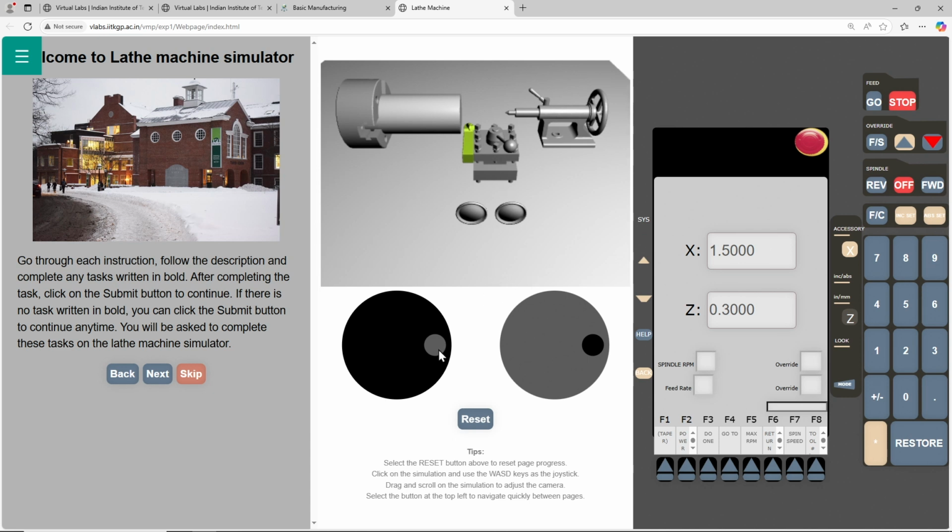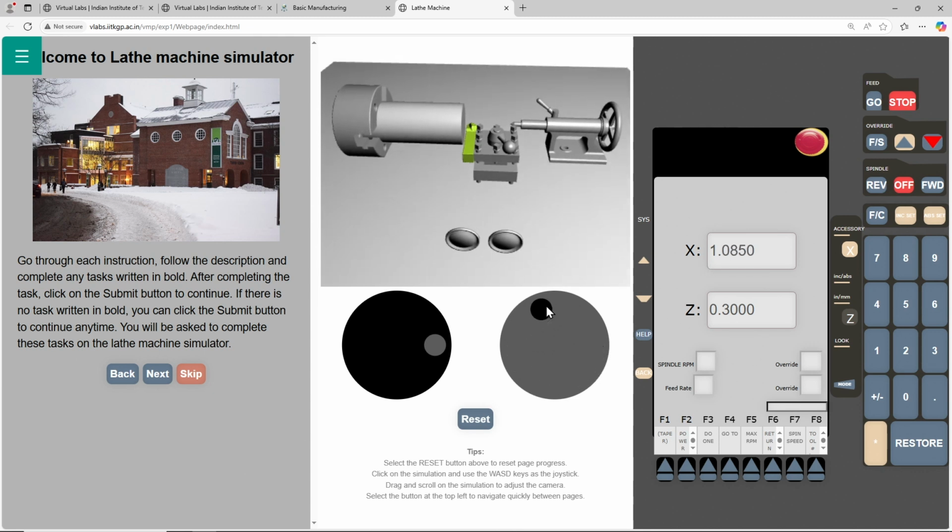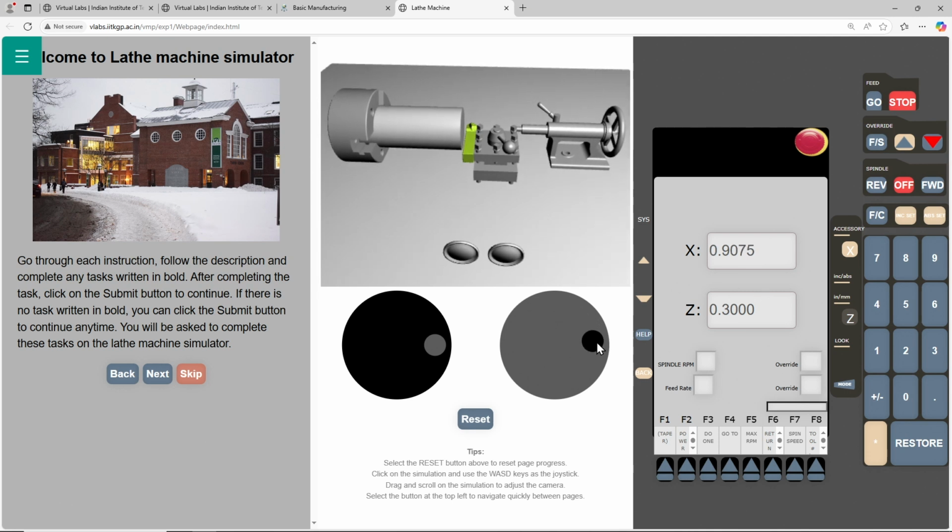In the middle panel, they say this dark circle shows my Z direction. If I click here and try to rotate it, you can see it is moving. So, I will just reset it. Z is at position 0.3 and X is at position 1.5. If I rotate X by one complete circle from 1.3, it turns to 0.9. That means one complete rotation is around 1.3 minus 0.9, 0.4 millimeters.